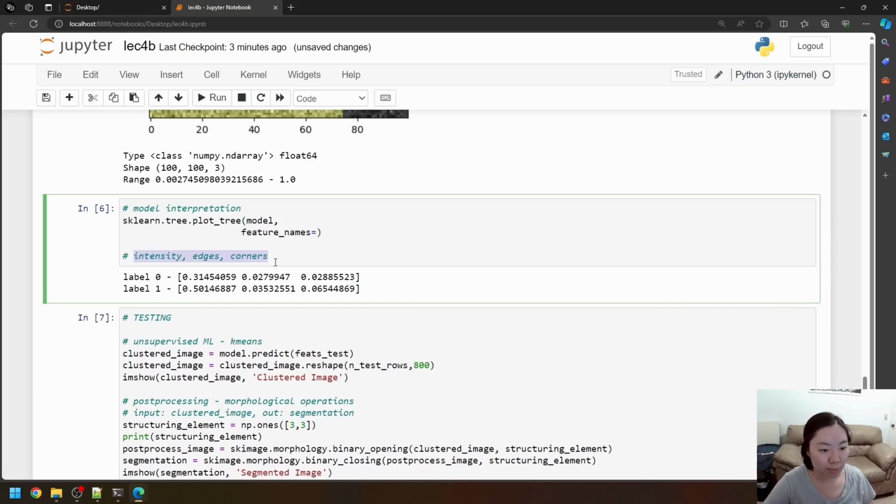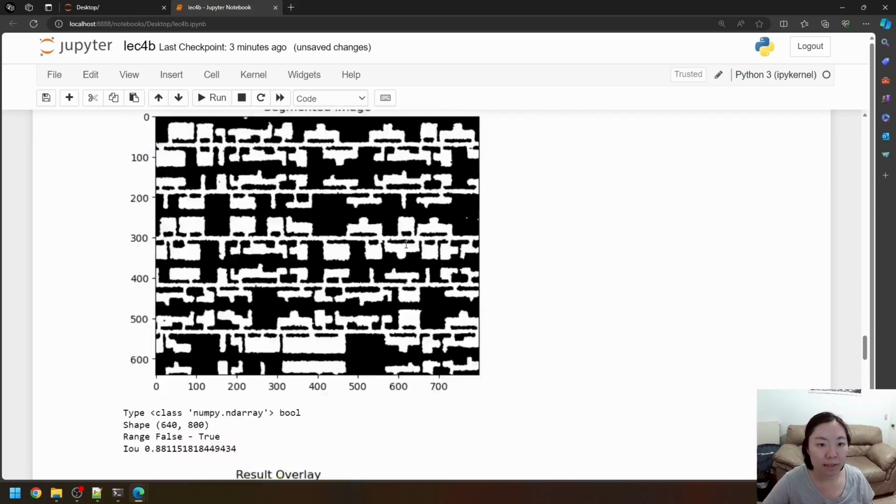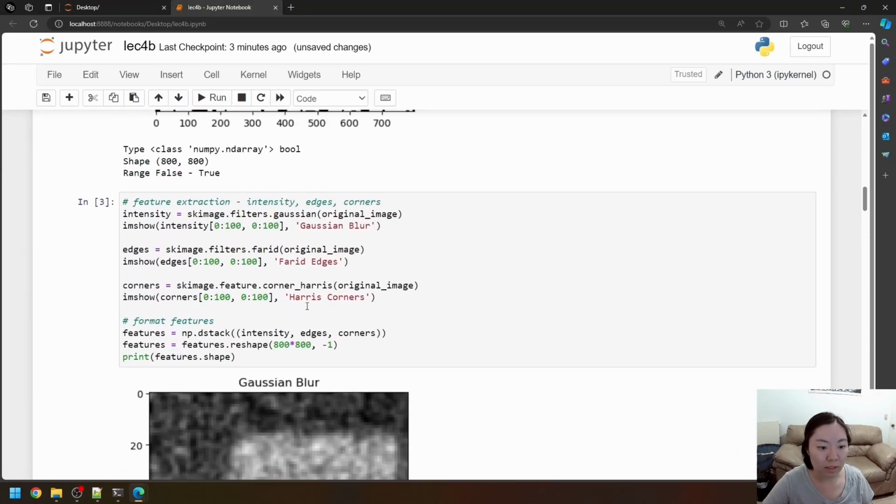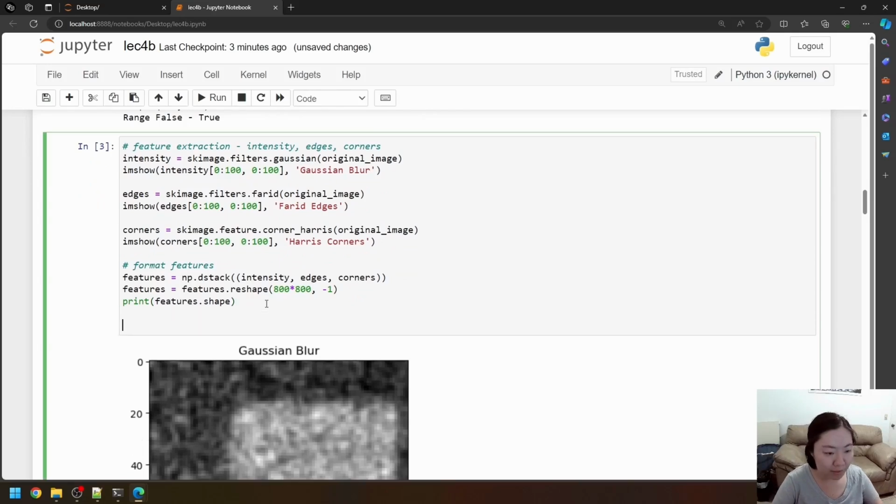I'm actually going to move this up in the beginning where the features are actually extracted, so I'll cut that and go all the way up to where the features were. And then I'll paste it here. So feature_names equals the list of the feature names. These need to be strings, so add these in